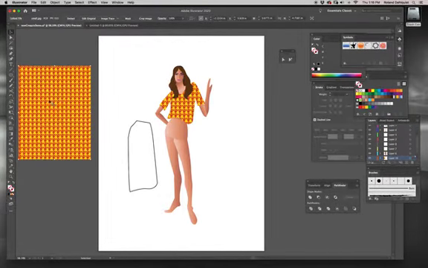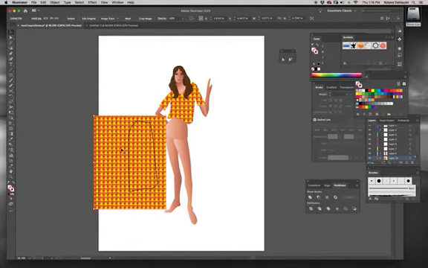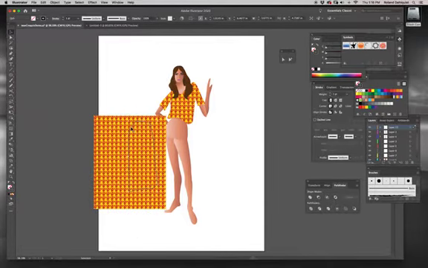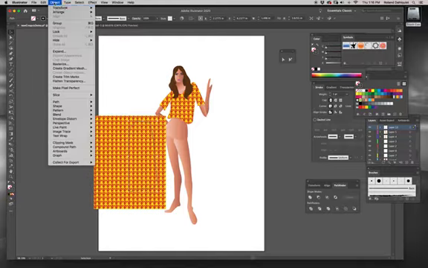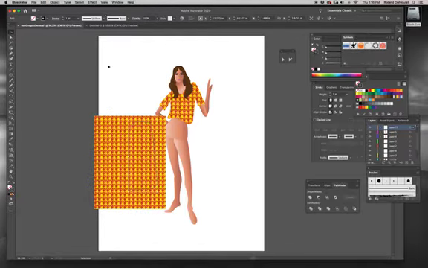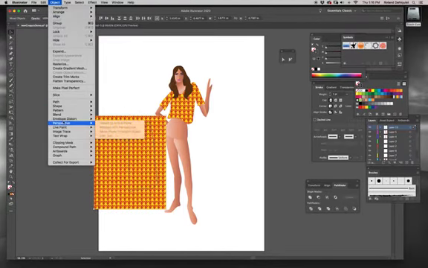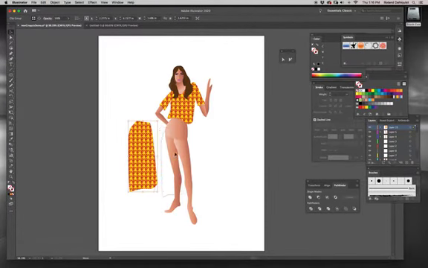And then I can do similarly with the skirt. And of course you can use different patterns or different treatment. And there again, I want to make sure that the path that I want to clip to is in front of my pattern. Hold Shift. Well, an alternate is if I take my black cursor and drag a box big enough to touch both of the objects, it'll select both of them. And then again, I go to Object, Clipping Mask, Make. So now I've got my top and my skirt